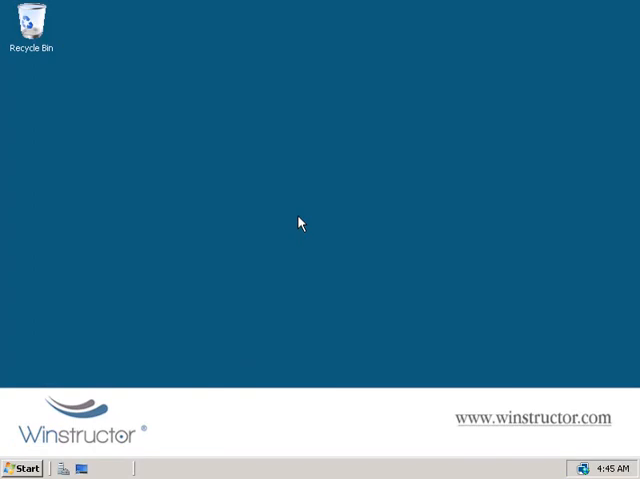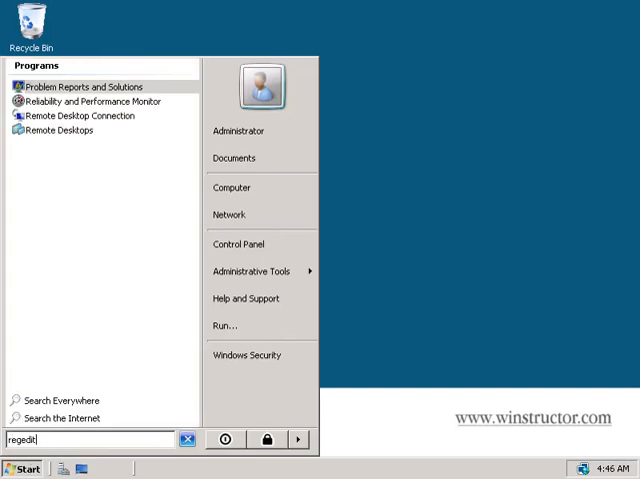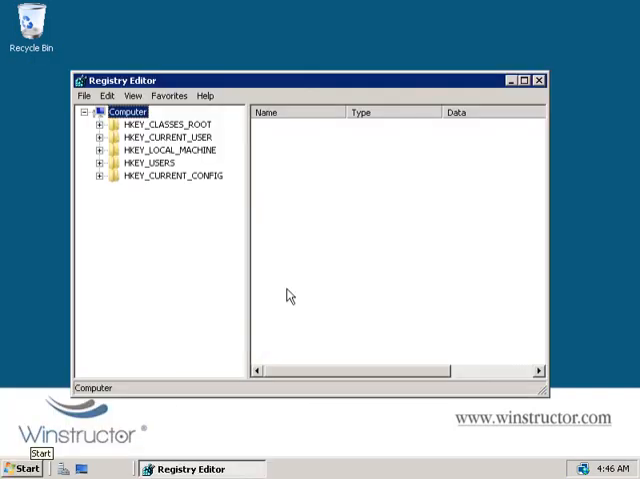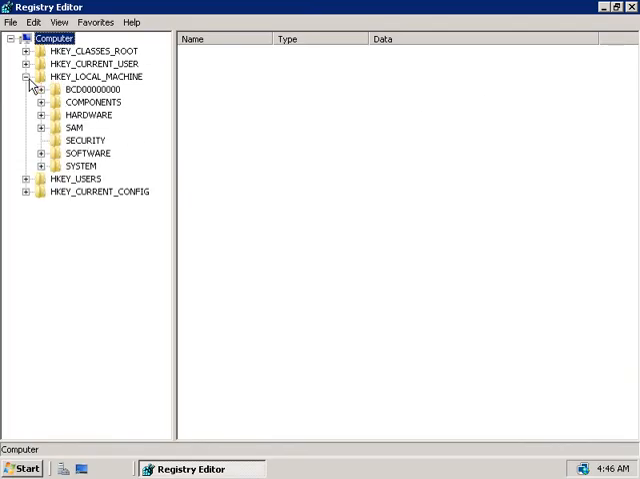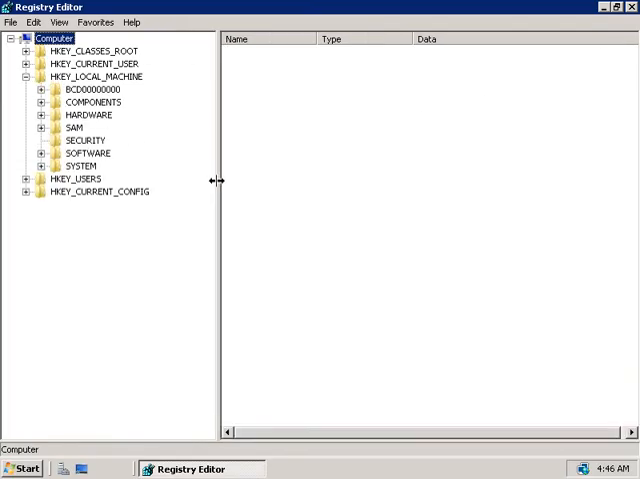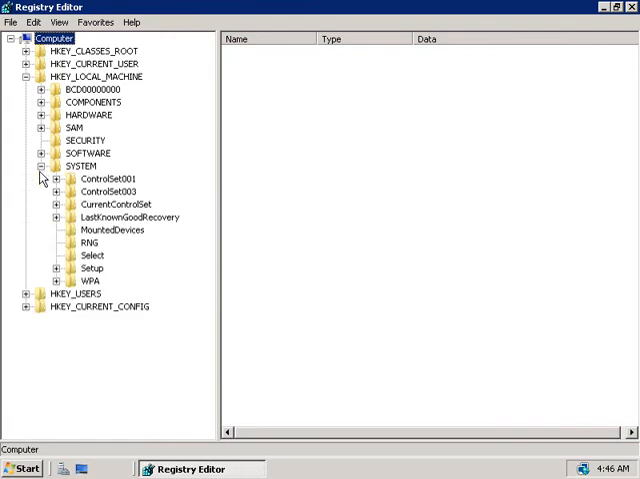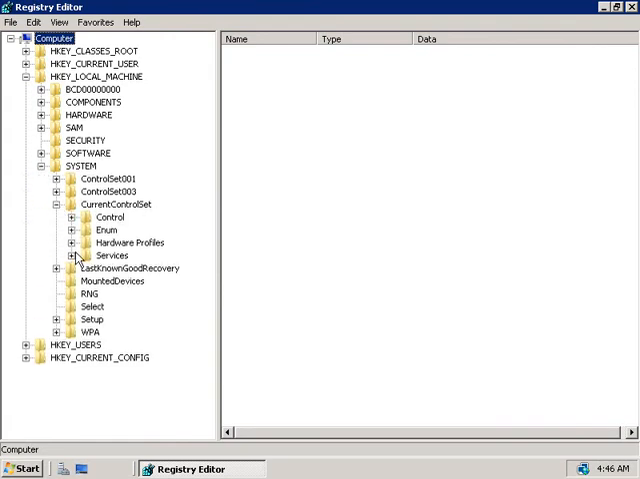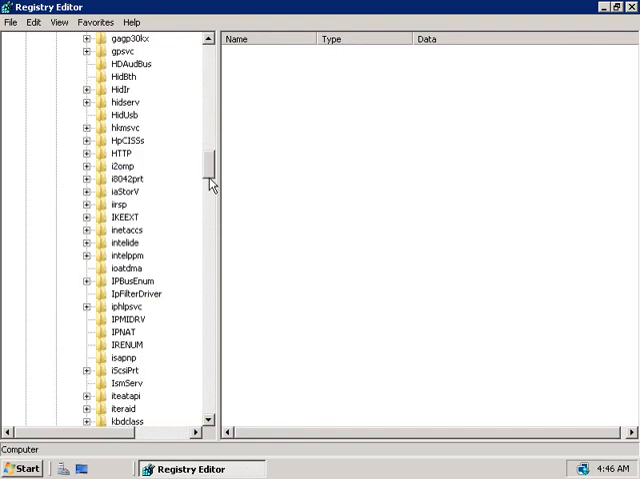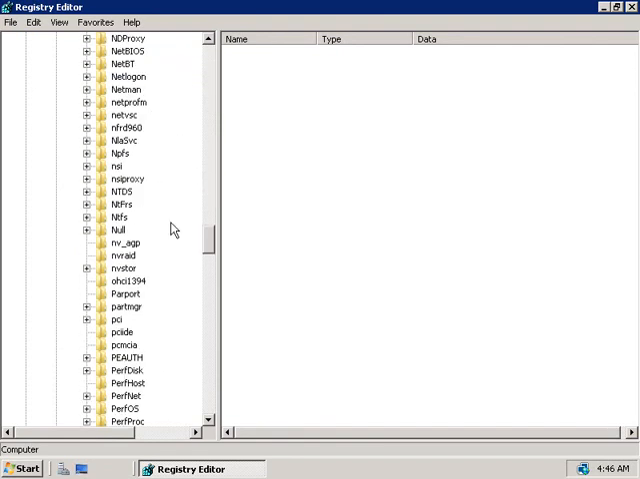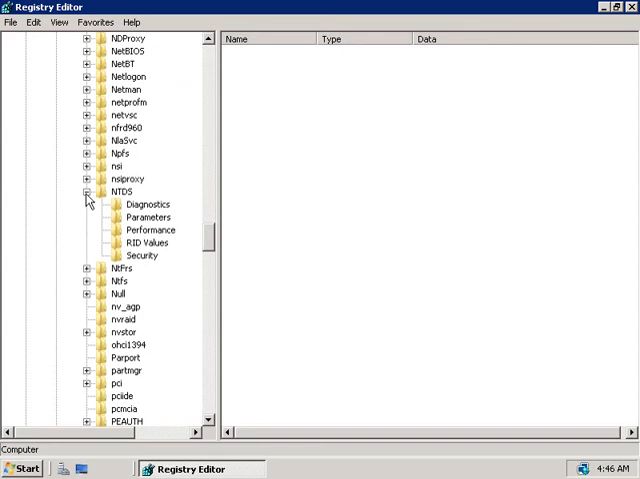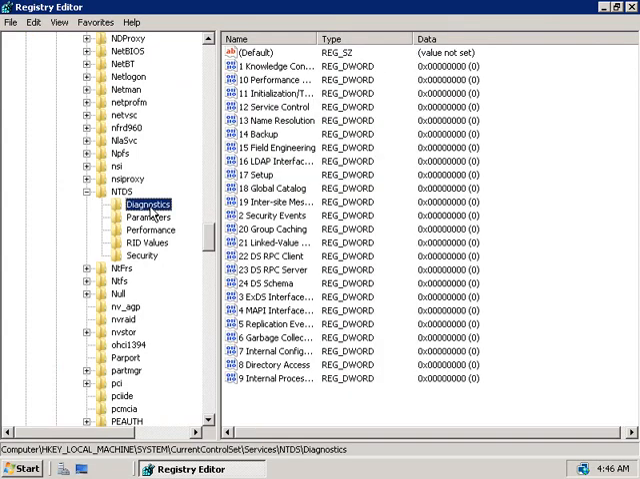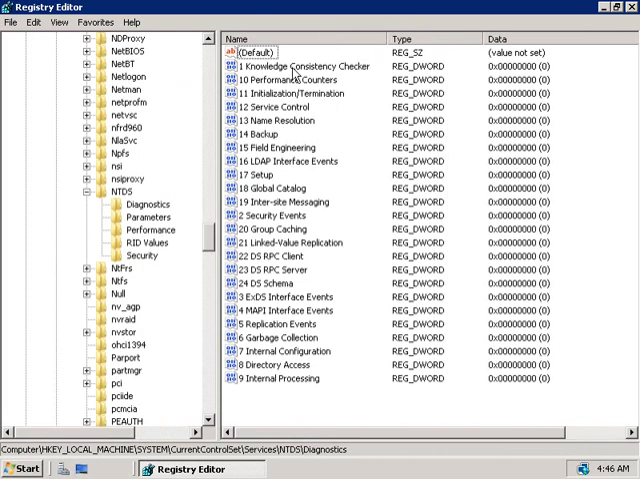Now, if you'd like to be able to monitor when the KCC runs, we'll need to make a registry edit for that. So we'll go and click on Start, and we'll type in regedit, and we'll hit Enter. And now we'll go and expand HKey local machine, followed by System, Current Control Set, Services, and we'll scroll down a bit, and we'll expand NTDS, and we'll select Diagnostics. Now in the right hand side here, I'll just move this across, we'll expand Knowledge Consistency Checker, we'll double